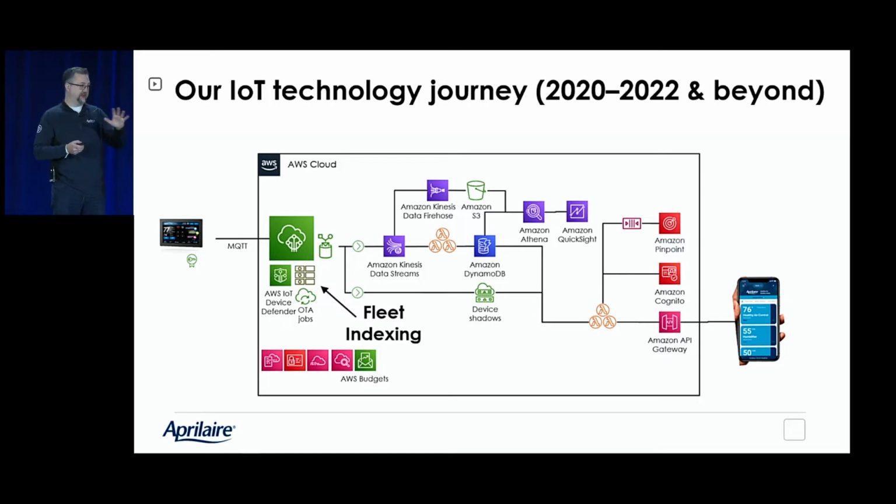And if there are any questions, if you would like to talk to me afterwards, I'd be happy to talk to you about the lessons learned as we continue to go through this journey and device migration. But today, we're really here to talk about this core aspect of the IoT side, and that's fleet indexing. So let me dive into a couple of the business reasons on why we use this.